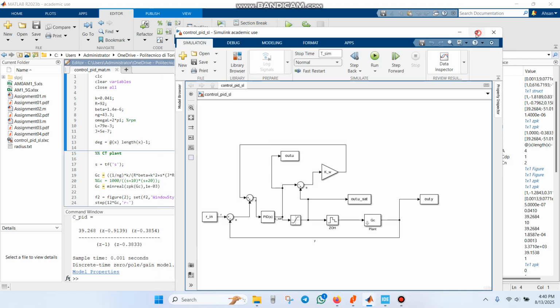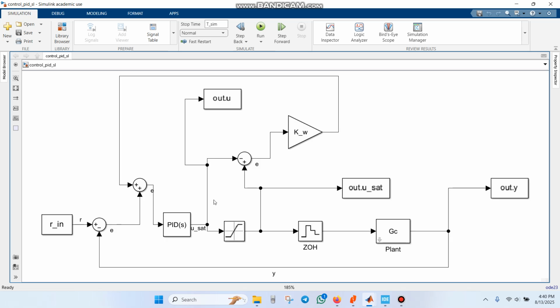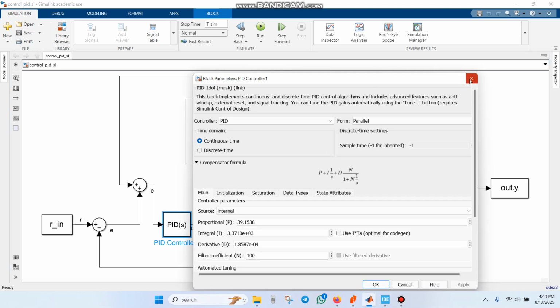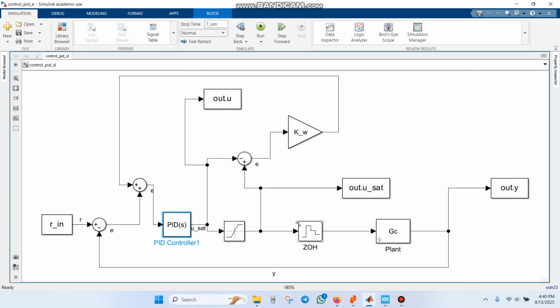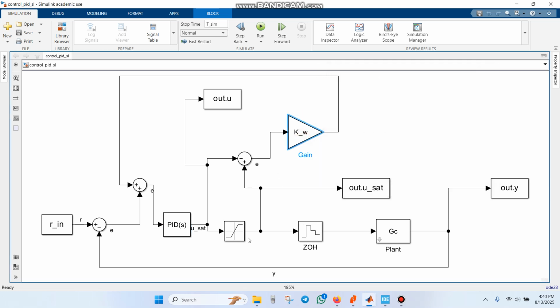So essentially, in order to calculate the PID gains, we have this PID feedback system simulation in MATLAB, where you can clearly see we have the reference input, we have the PID block that we have used, automatically given by MATLAB. Then we have the saturation block right here in order to deal with the windup, and then we have the anti-windup controller as well, having the gain of kW,